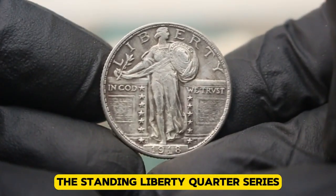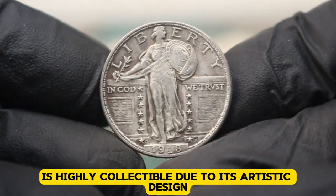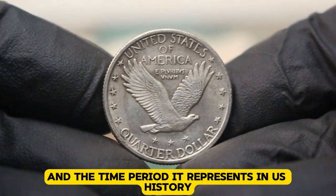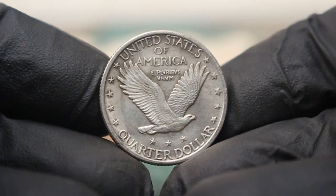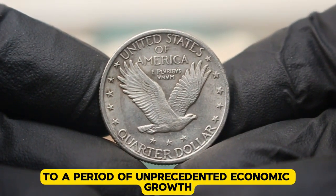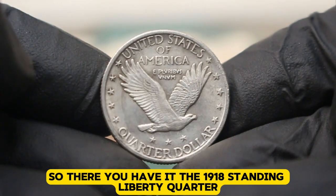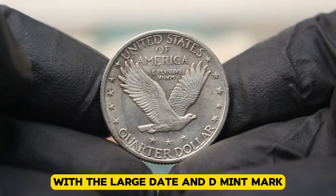The Standing Liberty Quarter series, including the 1918 large date variety, is highly collectible due to its artistic design, the changes it underwent throughout its production, and the time period it represents in U.S. history. This was a time when the U.S. was transitioning from the horrors of World War I to a period of unprecedented economic growth known as the Roaring '20s. So, there you have it, the 1918 Standing Liberty Quarter with the large date and D Mint mark in